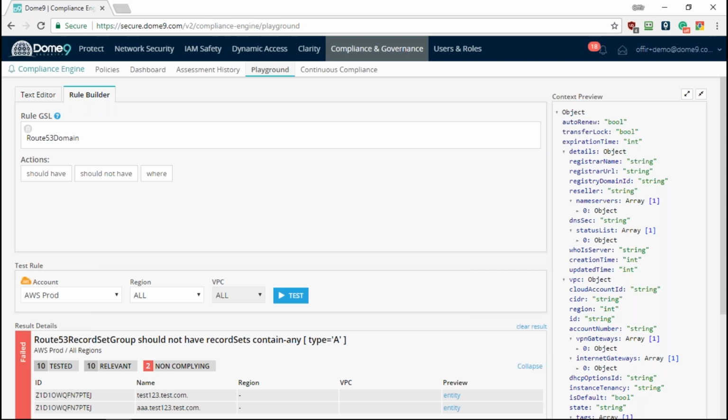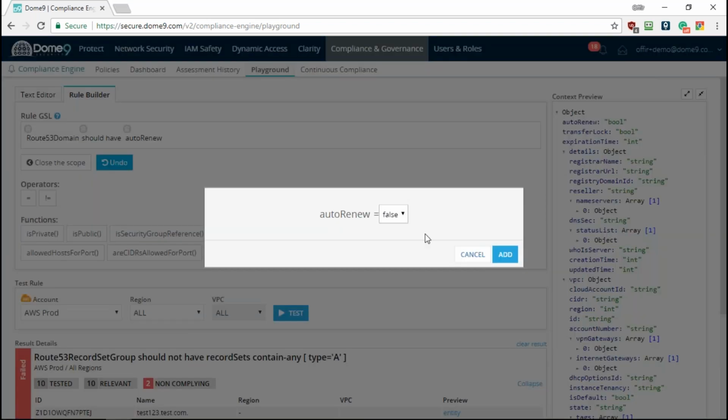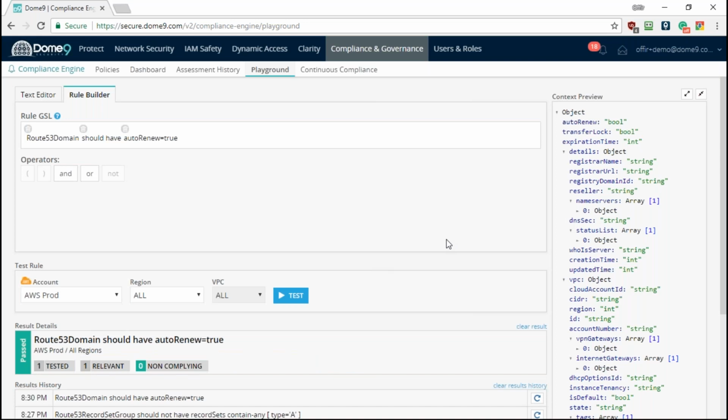And there are many things that you can do. So first, if you're using AWS Route 53 to manage your domains, then you can write things like Route 53 domain should have auto renew equals true. In that way, you basically make sure that you don't forget to renew your domain. In that case, you see that I enabled automatic renew, and you don't lose your domain. In a similar way, you can